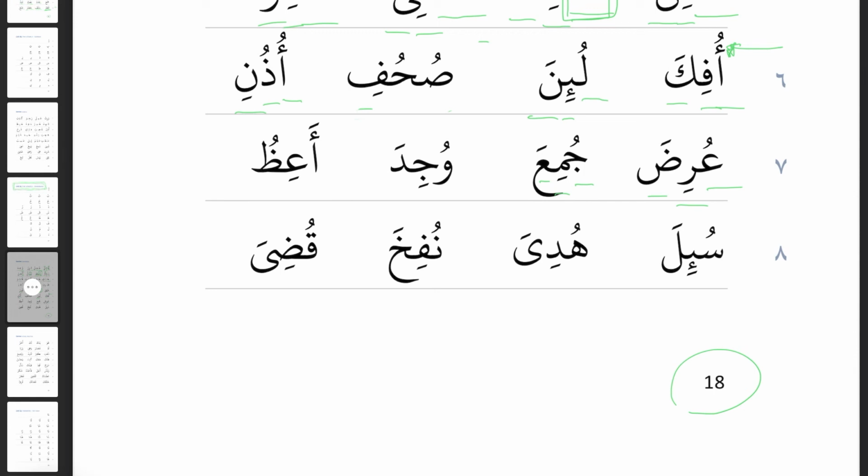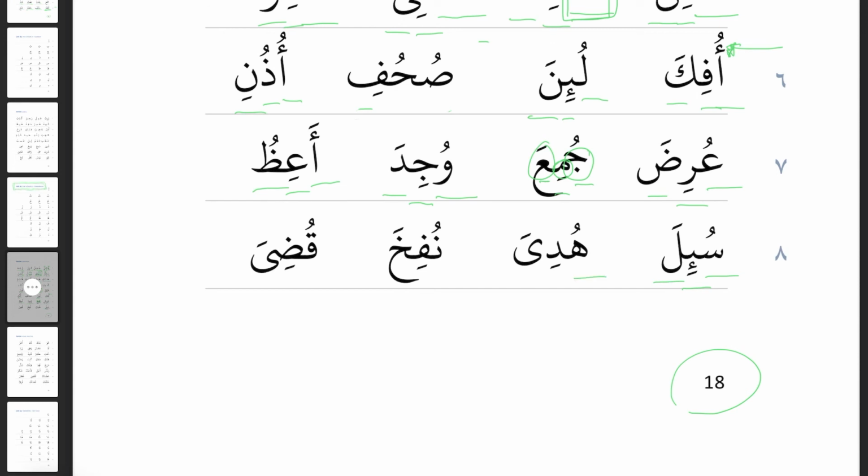We had the jim first. Then this thing in the middle here was the meem. Then we had the ayn. Wu, ji, da, a, i, vu. And then finally here on line 8, su, i, la,